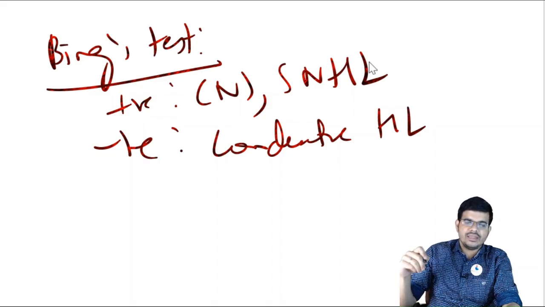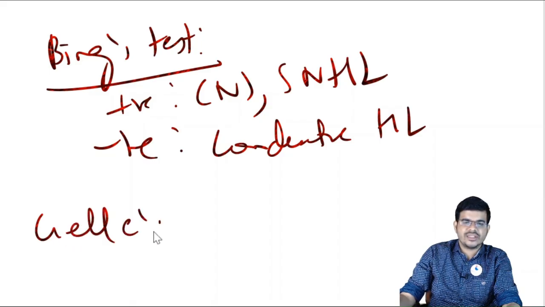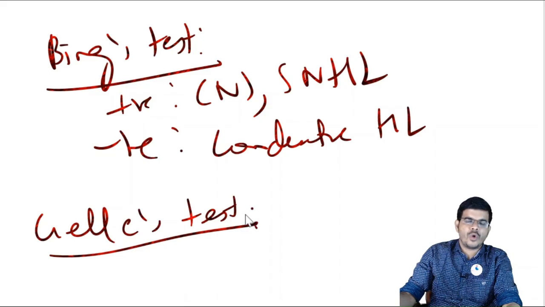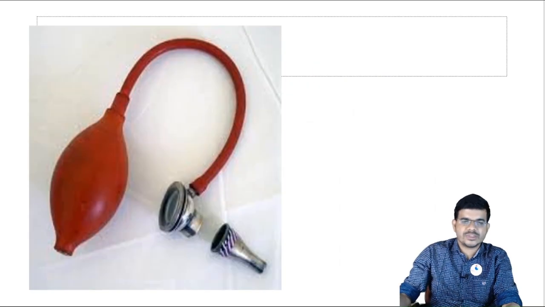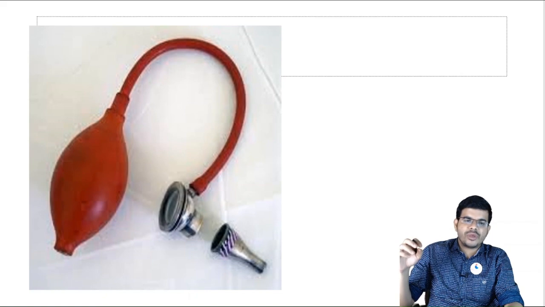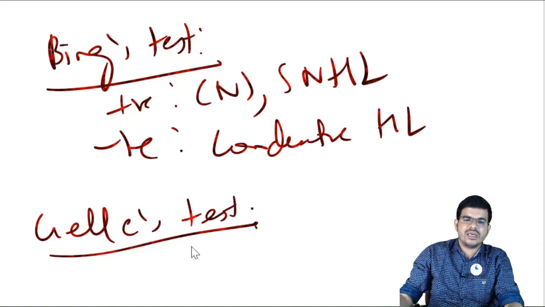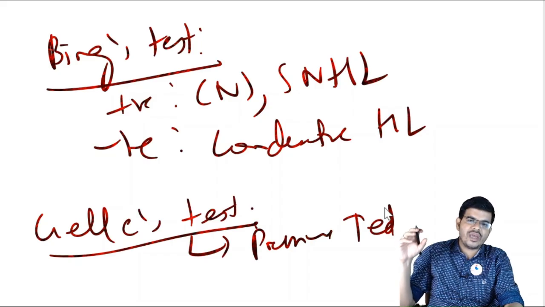Okay, another test which is done is a Gelle's test. These two tests are special tests which are not that commonly done but may be done. Okay, in Gelle's test, what is happening? You are using a Siegel's speculum, as you can see here. Okay, with the help of Siegel's speculum, a pneumatic otoscopy is being done. Okay, and then you change the pressure. Okay, pressure is changed over the area of the middle ear,